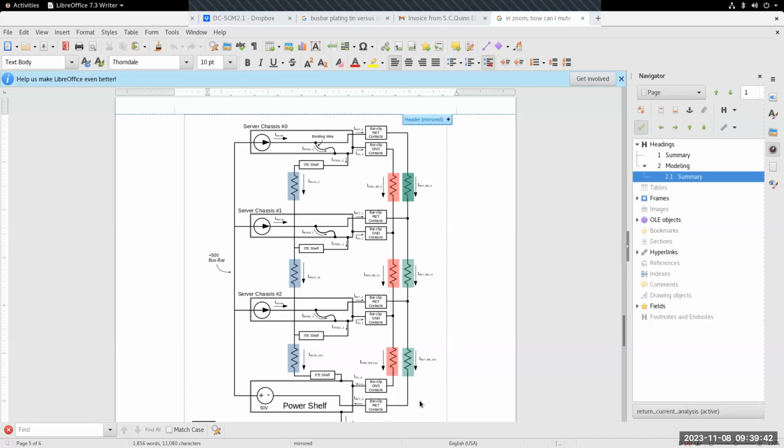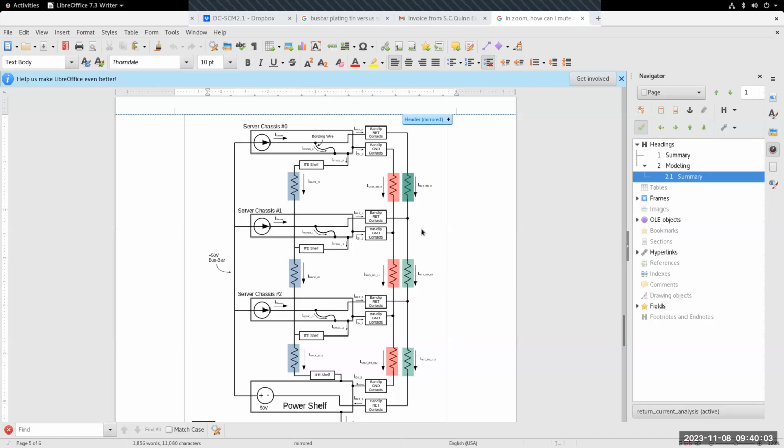Looking at this, we're pushing forward to try and make racks that are going to have return currents on the order of 1,000 amps, 1,200 amps, 1,500 amps, 1,800 amps. And I haven't seen anybody look at this. I haven't seen anybody talk about it.